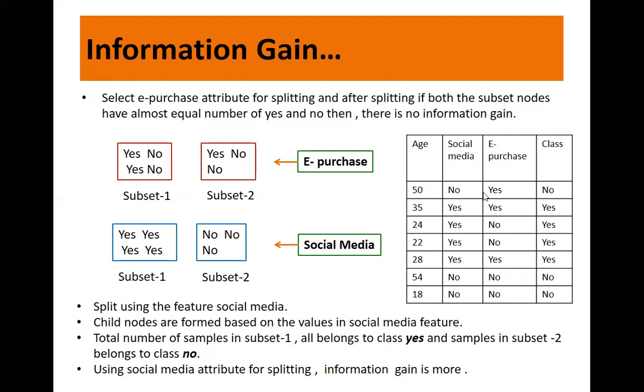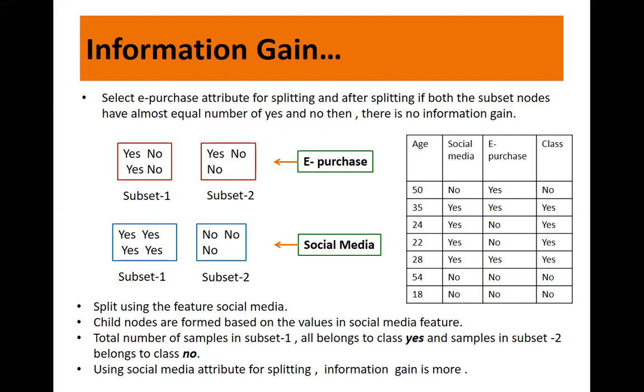And for all the yes values, for one yes it is no, for one yes it is yes, and for one yes it is yes. So here it should be yes, yes, no. By mistake I have written it as yes, no, no. It should be yes, yes, and no. So here it is a combination of class labels. So these are impure nodes, and you don't gain any information here. So no information gain here.